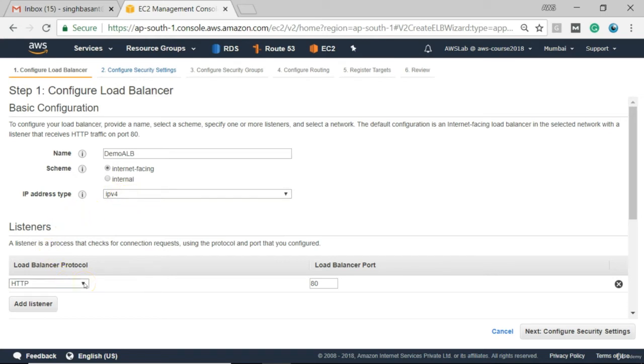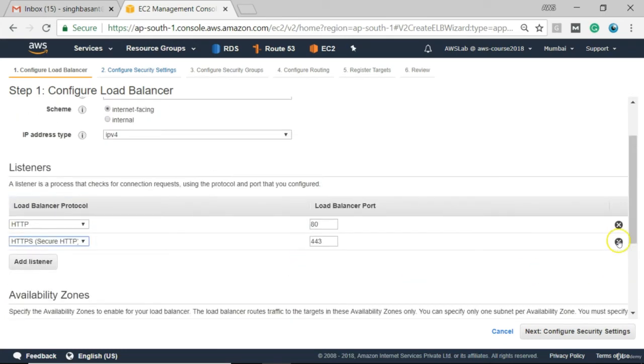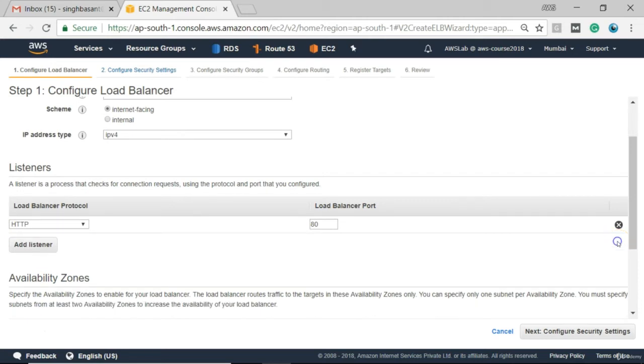For the listener, we can keep it as default, that is HTTP, and load balancer port will be 80. So a listener is something which checks the connection request using the protocol and port that you configure. Okay, default is HTTP over port 80, and that is what we have seen. If you want to go ahead with a secure listener, you can add HTTPS as well. So HTTPS will be on port 443, but for this demo we'll keep it simple and we'll go ahead with